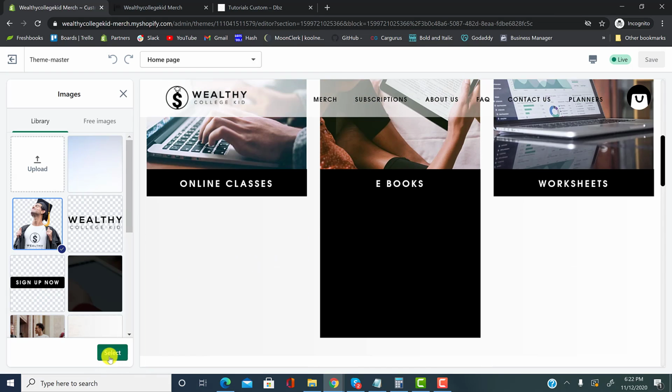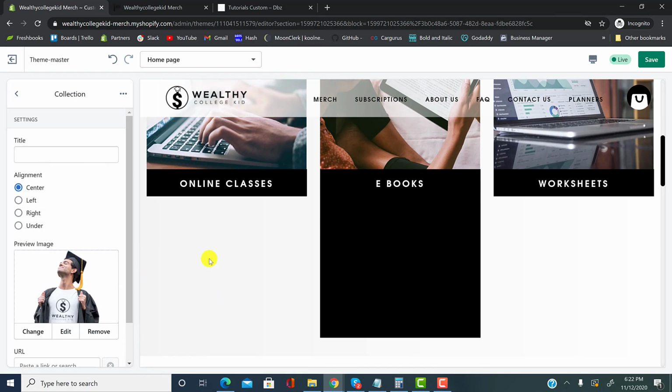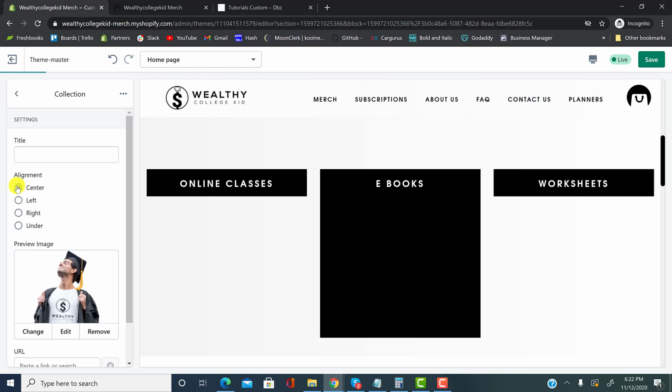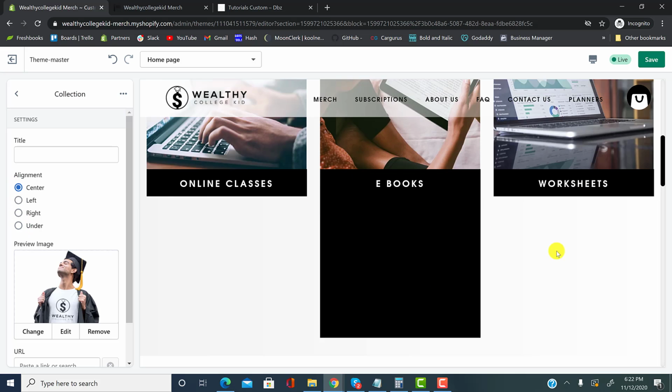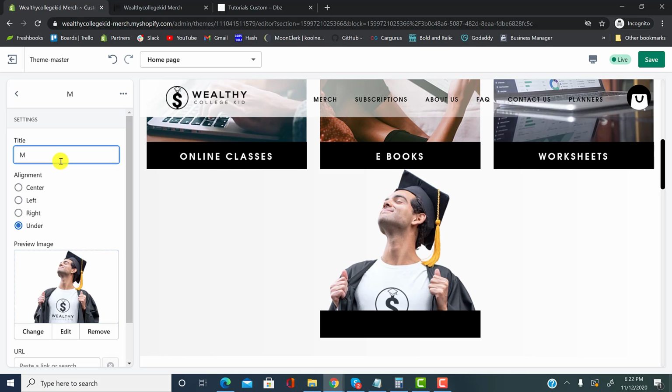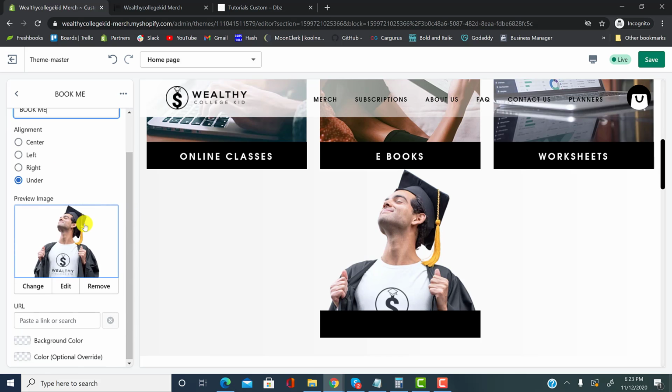Now it looks weird as I'm adding the collection because I'm still editing. So if I select this, it looks a little crazy. I select the word under because it says center. When I select center, it's giving that black gradient over my picture. But if I select under, because I have it coded to work under, then I can put a title here, and I can put book me or something like that. All right, so maybe this will be your booking page. So I put book me,